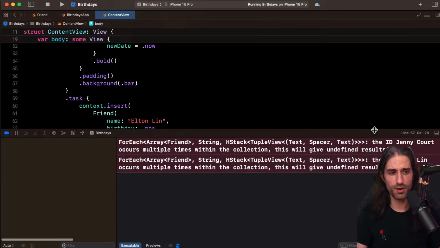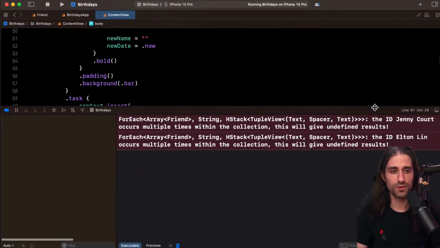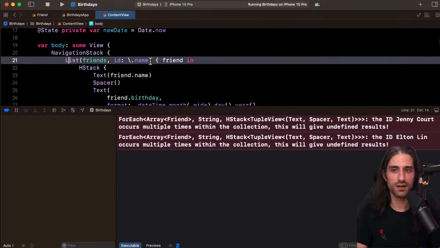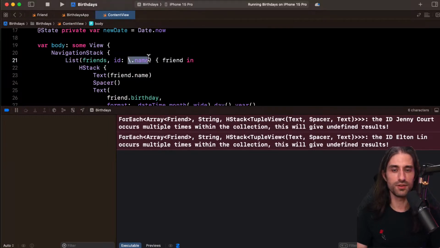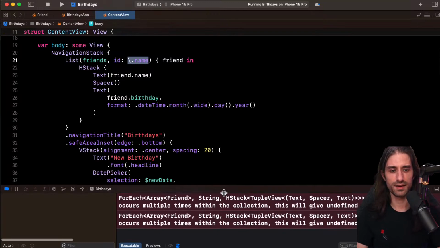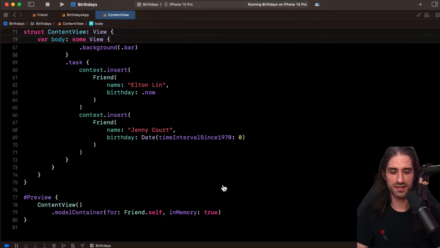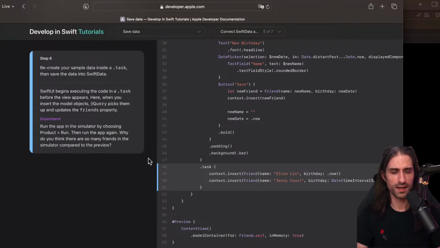It's not a SwiftData problem, but it's a SwiftUI problem because remember, here we said that the ID is the name and IDs need to be unique by definition. And so it tells you that the list could very easily get confused about what kind of data it's displaying. All right, let's see what else they ask us to do in the